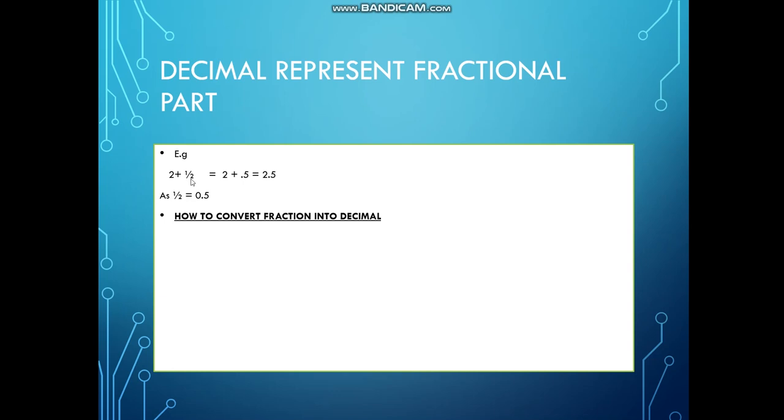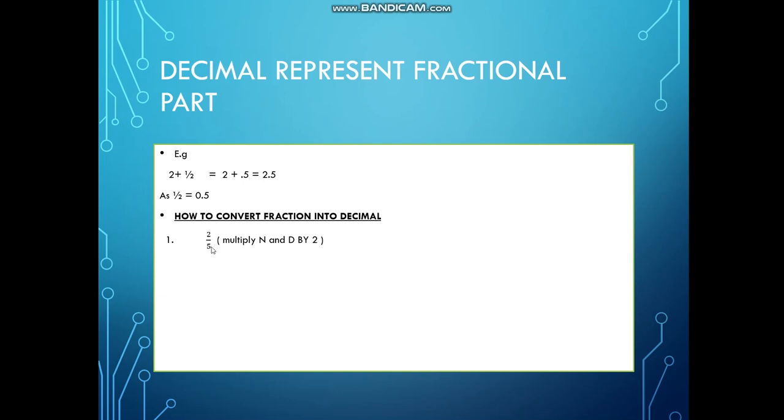Here the point represents the decimal, the number written before it represents the whole part, and the digits written after the decimal point represent the decimal part. Now how will you write this half as 0.5? How can you write it directly? There are some rules. How will you convert a fraction into a decimal? For that, I always need 10, 100 or 1000 in the denominator to put the point.